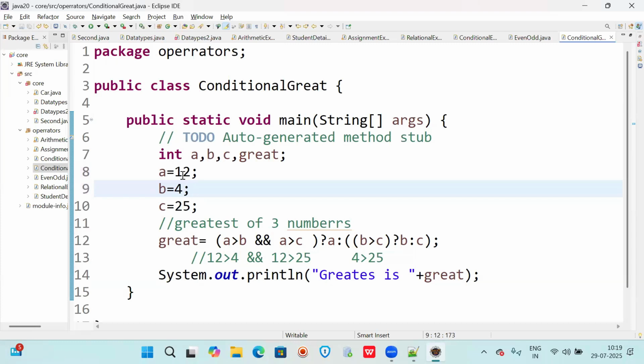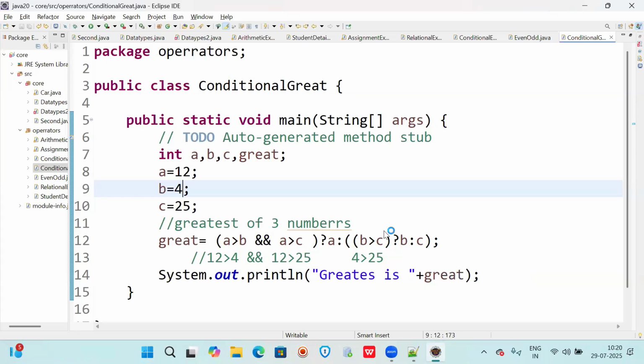Understood? Is it clear, everyone? So using conditional operator also we can check like this. Okay, so you can increase like this. When we use the AND operator, otherwise next B. If there are 4 numbers, again it will increase some more. A greater than B and A greater than C and A greater than D, question mark, colon A, else B greater than C and D. Again question mark comes, C greater than D, then D will be the greatest. Understood? So like that you can increase the code.